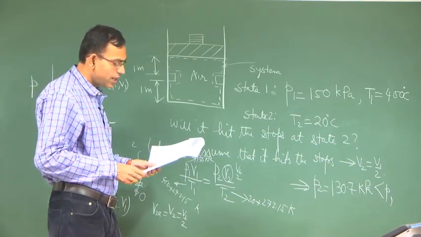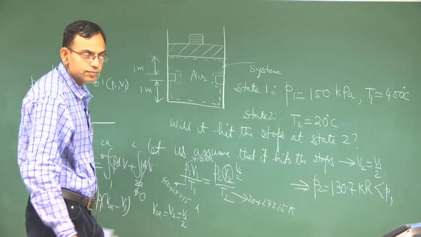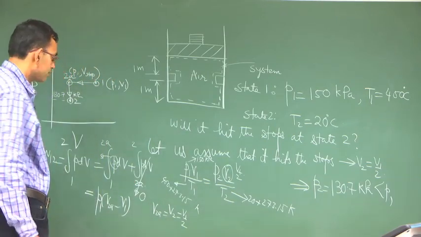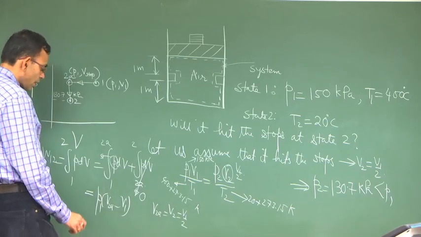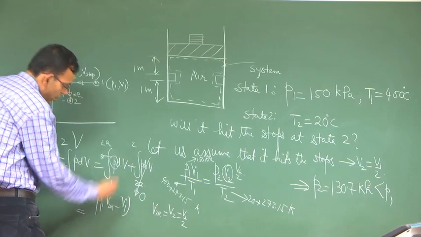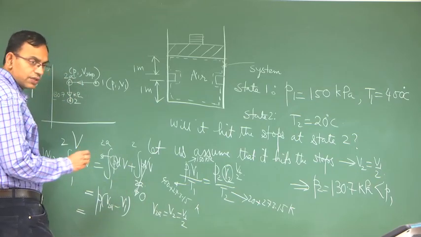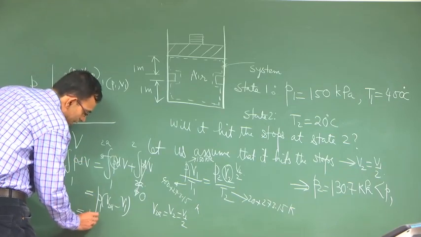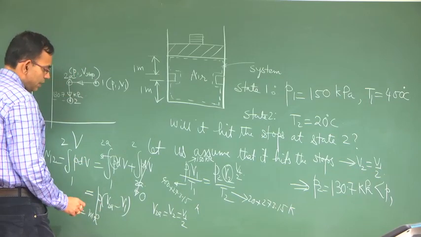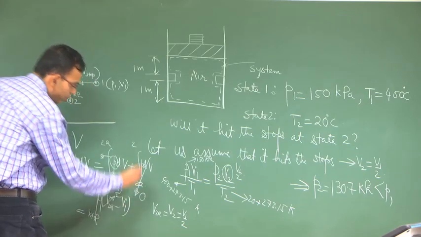The question is what is the specific work done by the air during the process. So in this case, if m is the mass of the air, then this is m. V2A is first of all V1 by 2,